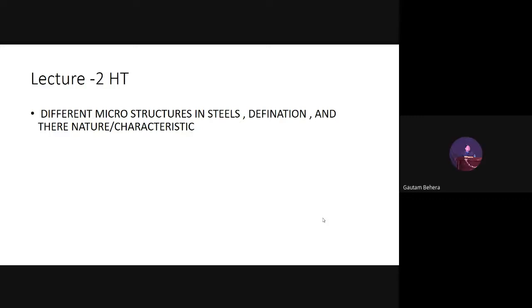And today is lecture number 2 of this heat treatment class. And today we're gonna discuss different microstructures in steels. So since this topic is basically on heat treatment, as we have discussed in the earlier lecture that